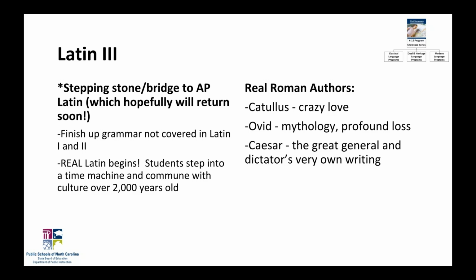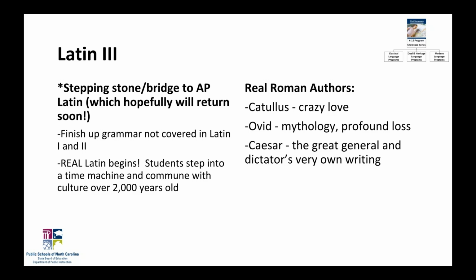After some Ovid, then the students get to Caesar, and this is where the bridge to AP takes place, because Caesar is now one of the authors on the AP exam. Caesar is a kind of love-hate relationship for a lot of students. Of course, I love Caesar. I think it's really exciting and unique that he's sort of this larger-than-life figure.